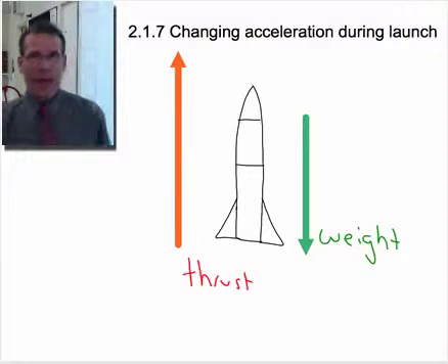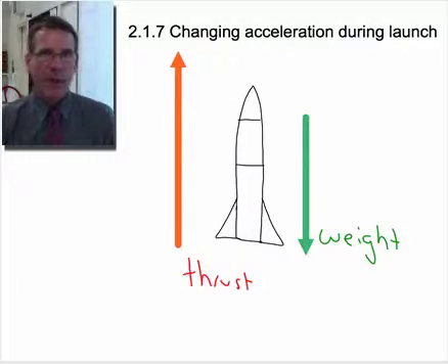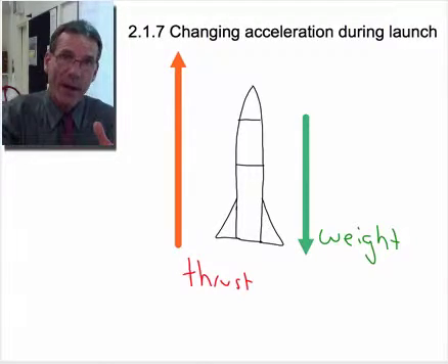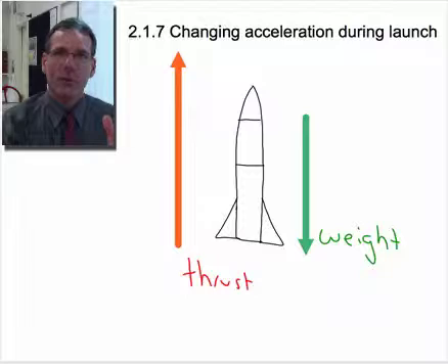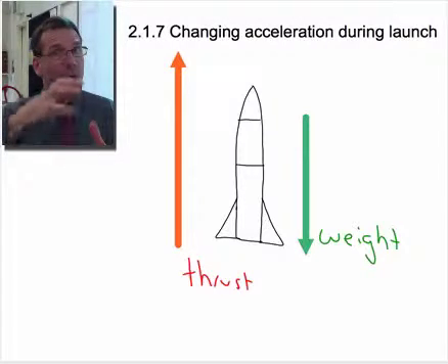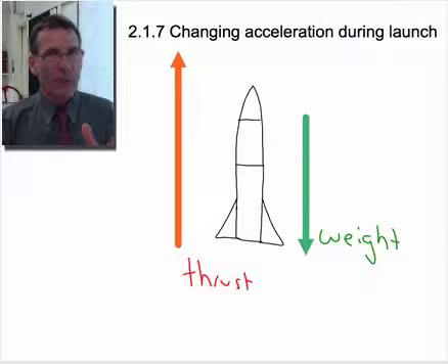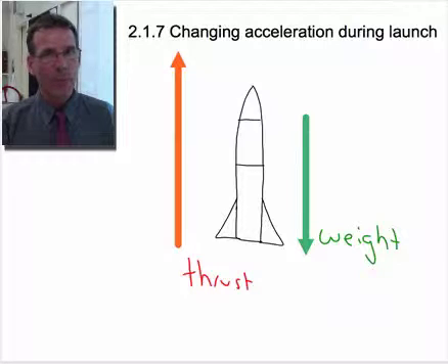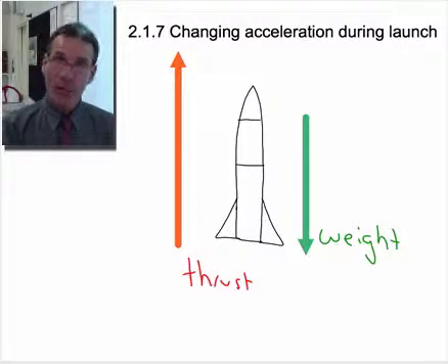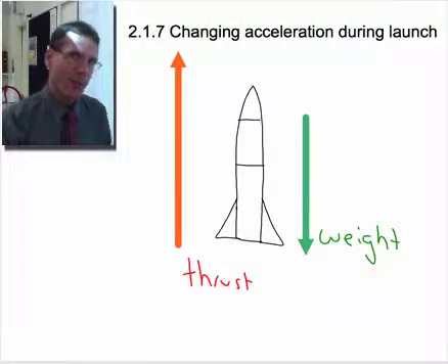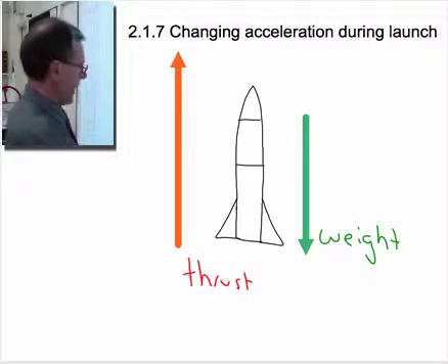Let's just consider for a moment how that thrust force comes about. The rocket engine is creating exhaust gases and pushing them, accelerating them at a great rate out of the rocket nozzle. Now, to accelerate something, you need to apply a force to it. So as the rocket engine applies a downwards force on the exhaust gases to push them out of the rocket, according to Newton's third law, for every action, there's an equal but opposite reaction. So that means that the gases push upwards on the rocket. The rocket motor pushes downwards on the exhaust gases, they push upwards on the rocket, and that gives us our